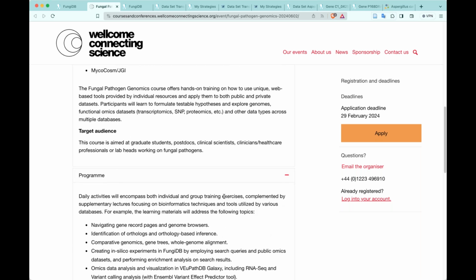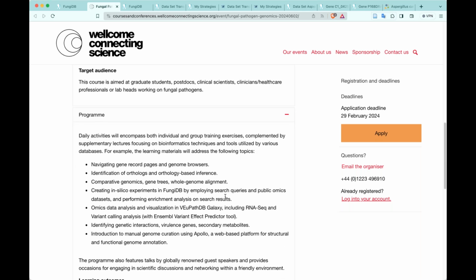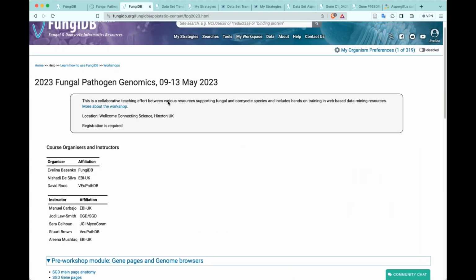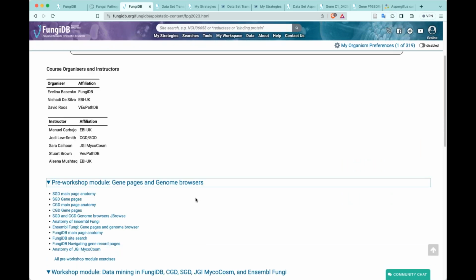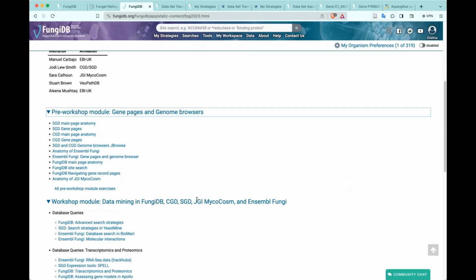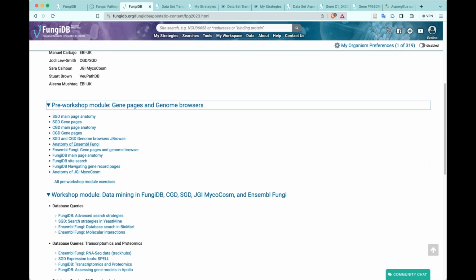The program includes a number of interesting topics that deal with navigation of the sites and also using web-based resources and various bioinformatic tools to mine data integrated in the databases. So for example, here's an example of the workshop that we ran earlier this year in May. And the workshop included several sections, such as pre-workshop modules that walk you through the navigation of the